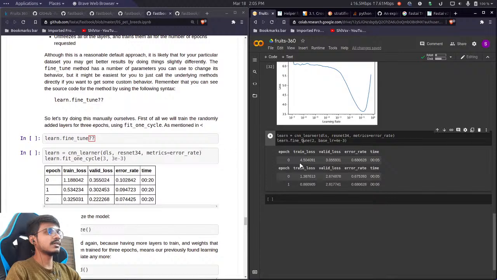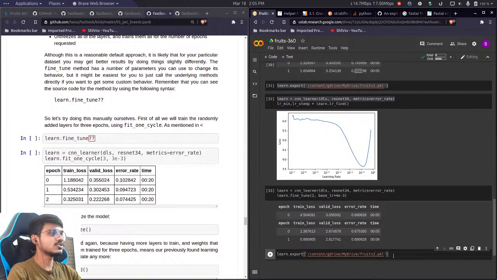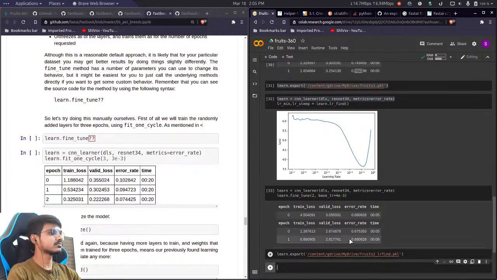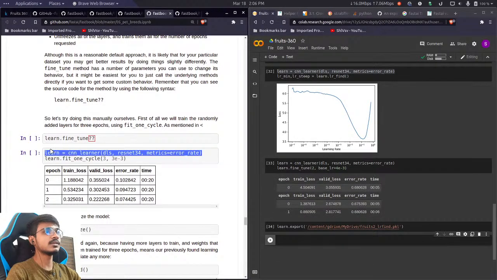So first of all, let me save this model so that we don't lose it. We are going to call it fruits2 and LR find. Cool. Now that we have it, let's get the learner again,